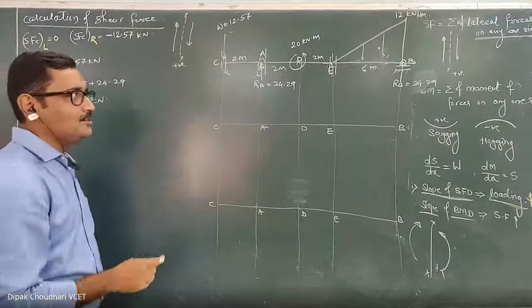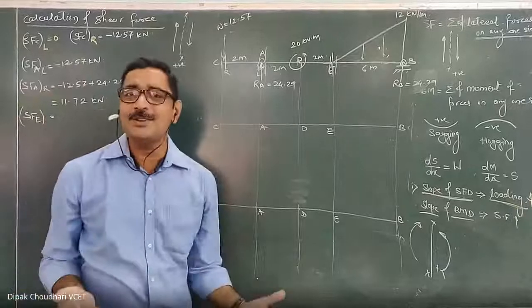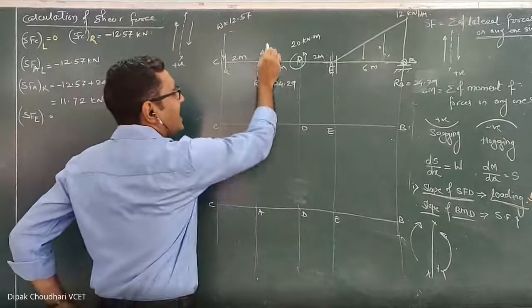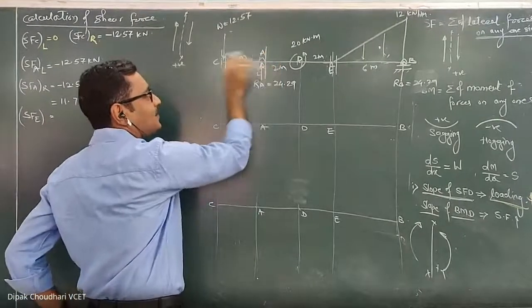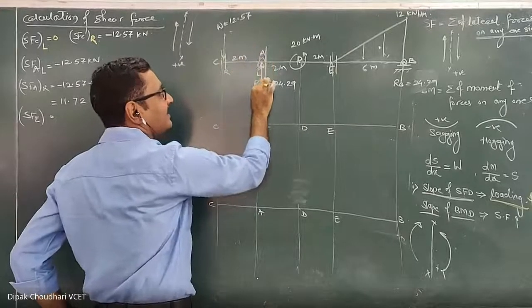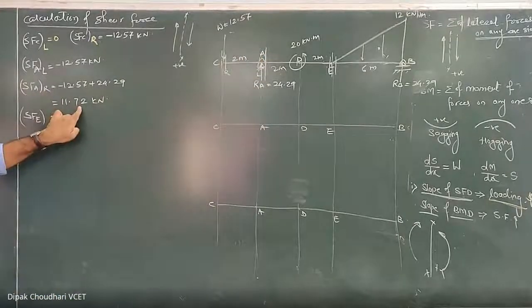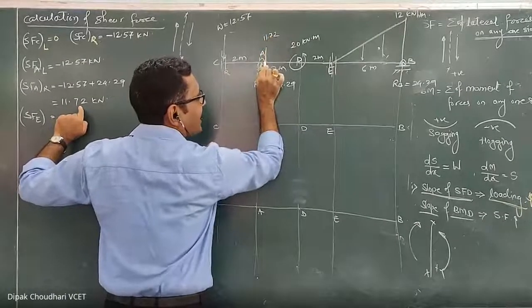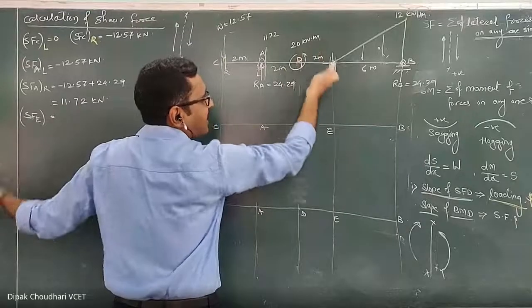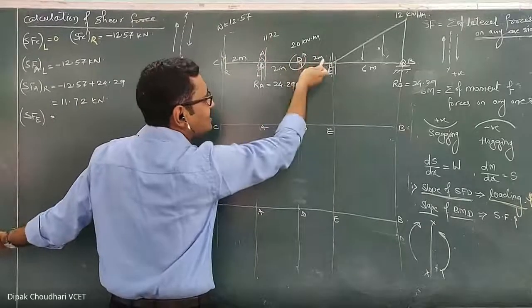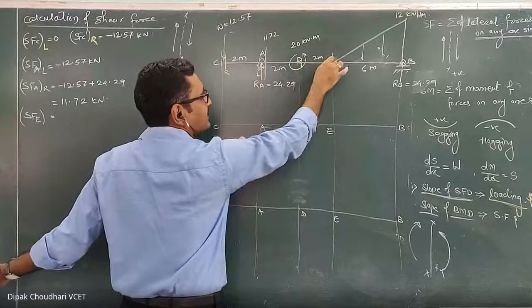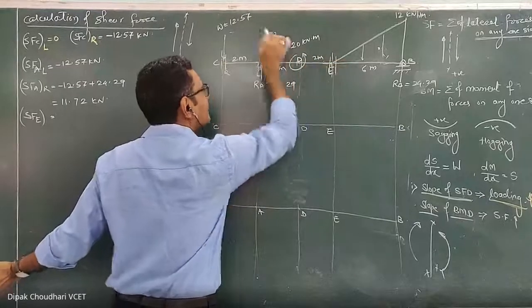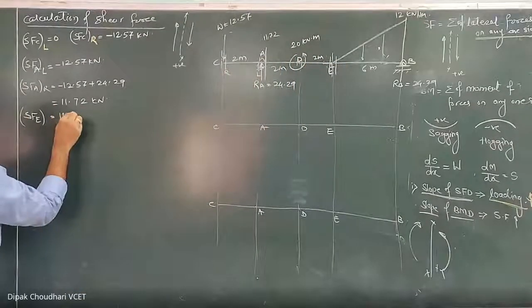Okay, you can once again do that summation, or listen carefully. What I am going to do? Since the shear force is just summation of the forces, मैंने यहाँ तक का summation किया है, A के right side तक का summation 11.72 आया, और यहाँ तक का summation 11.72 है, और यहाँ से यहाँ तक load ही act नहीं हो रहा है. There is no addition of load from this section to this section, and that's why shear force remains constant. So it is 11.72 only.